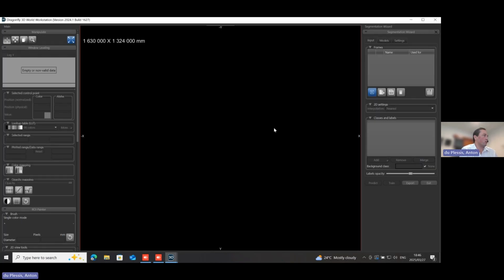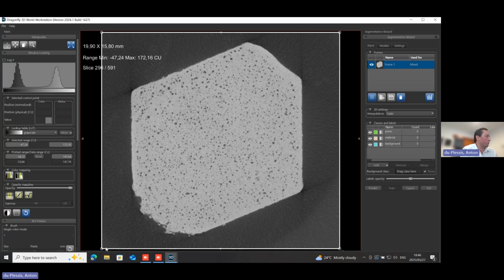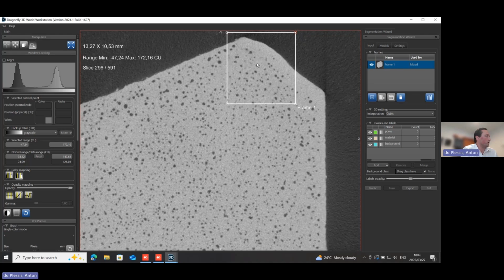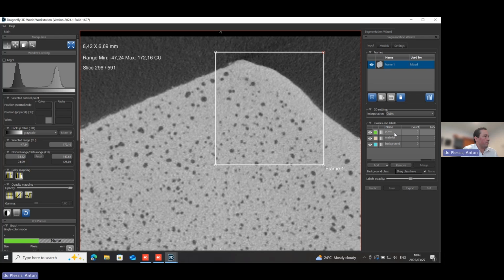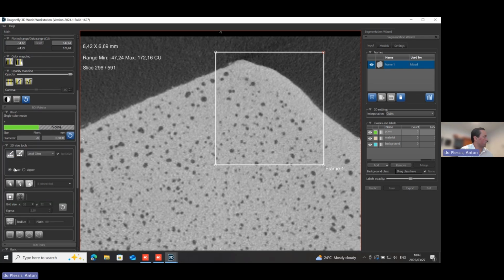This segmentation wizard is an easy interface method to add training data to your model. The first frame that I'm making smaller here is what we will use as input into this training. There are 3 classes already defined, and we can use these nice segmentation tools here. I use the 2D brush based on local Otsu thresholding to define. Let me just delete there.